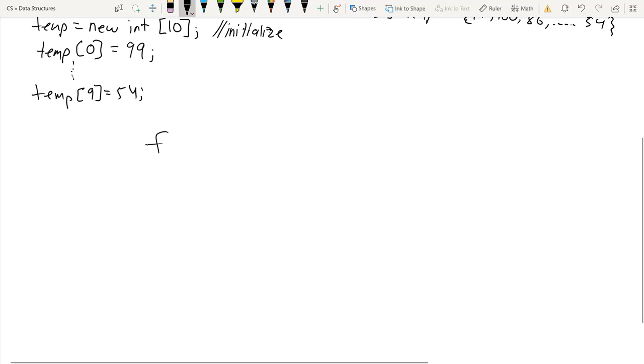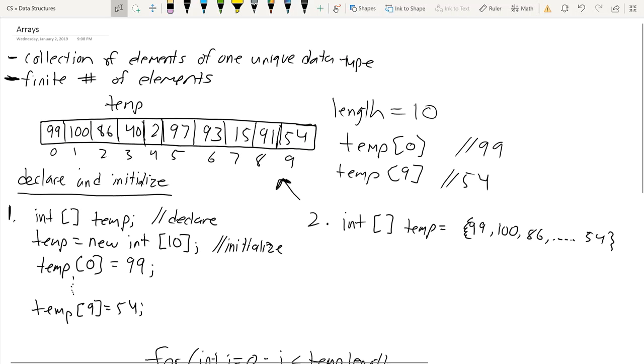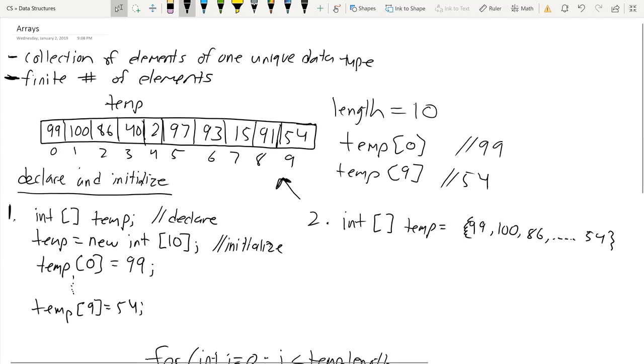So I would have my for loop, and I create an integer i, as you would do with any for loop, and i is going to go until it's less than temp.length. The for loop is going to stop when i is no longer less than temp.length, right? And once you look at the picture from above, that makes perfect sense, because if you look at this array right here, I'm going to stop when i is equal to length,